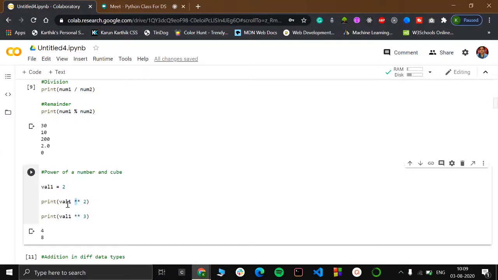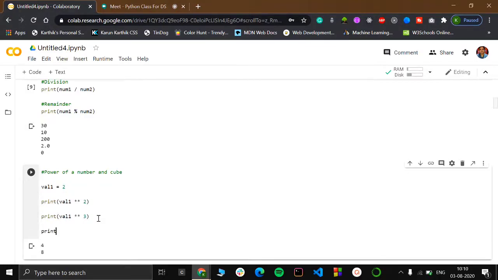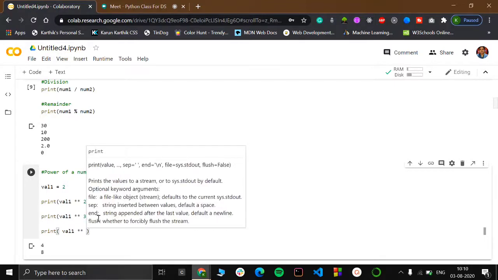So print val1, and when you give the double stars and 2, that means you want 2 power 2. For the same, if you want to print the cube of the number, you would give 3 here. And if you want to print the power 4, you would give 4.